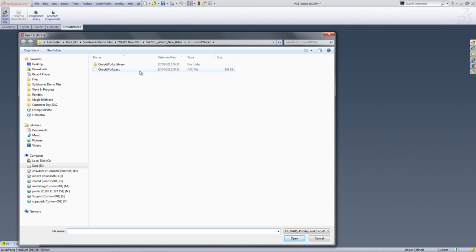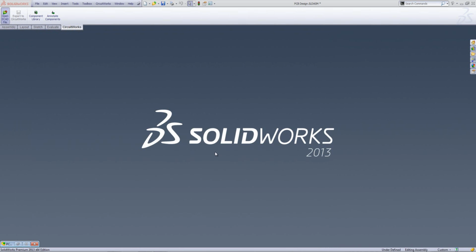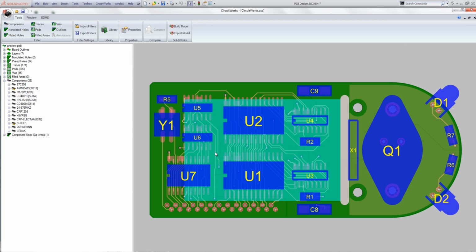So for those of you who don't know what Circuitworks is, it's part and parcel of the SolidWorks Premium package, and it gives us the ability to import ECAD files from electrical programs. So in 2013 we now are offered a higher level of support for industry standard ProStep, IDF and PADS files, and it also provides a more accurate representation of boards. So I'm just going to select one of those files here and open that up into Circuitworks, and you'll see